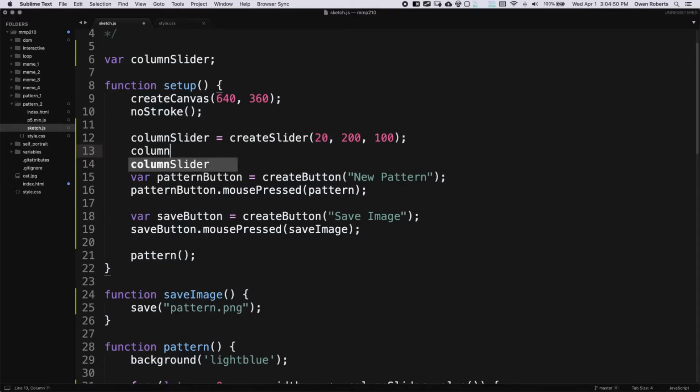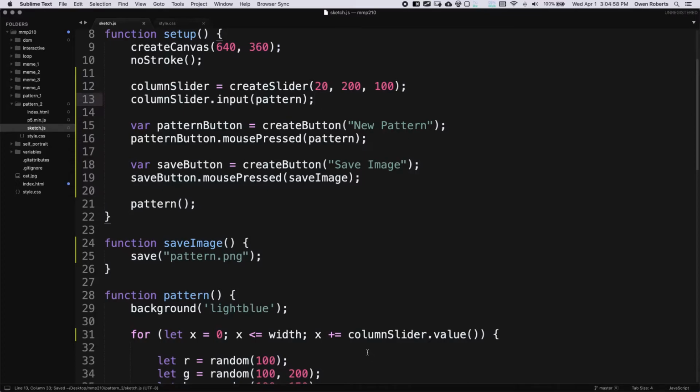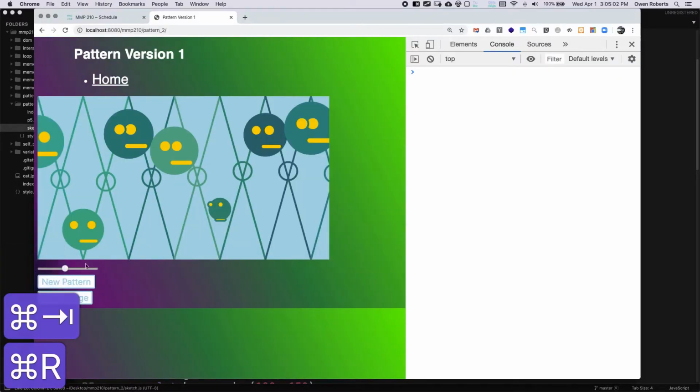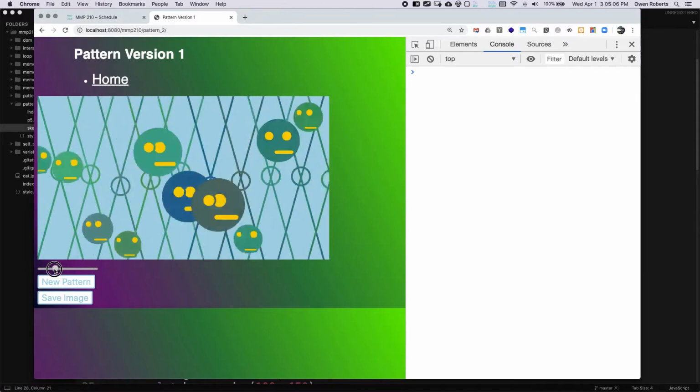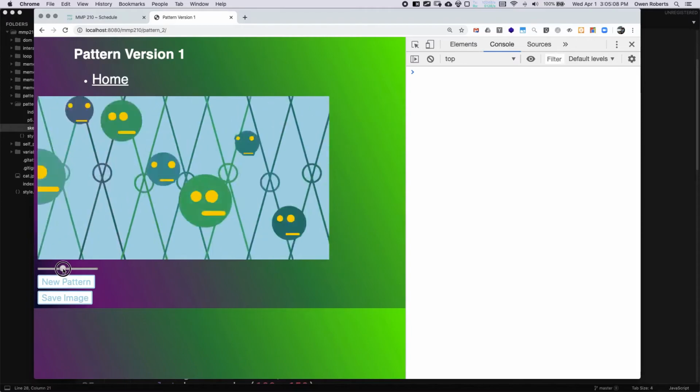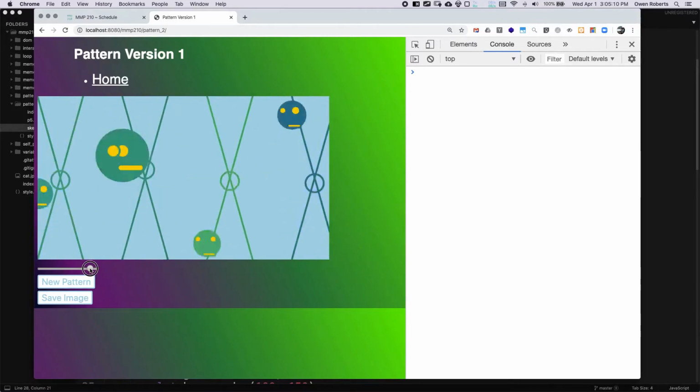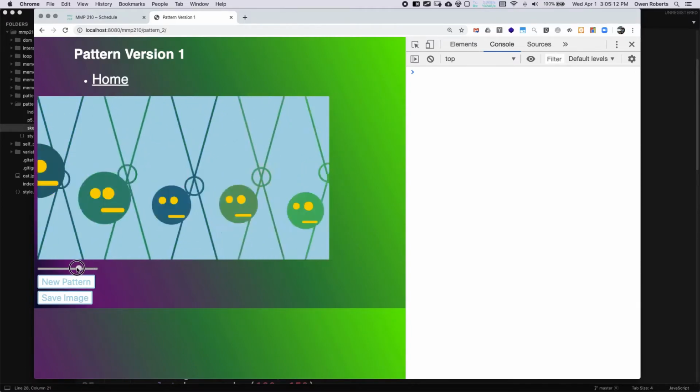So I'll say column slider.input and then just call the pattern function there. So now every time I change the slider, I'm calling pattern, but I'm also changing this value as well. So let's try that. So now I can increase the size or I can decrease it. Okay, so we can get some very different effects in our design